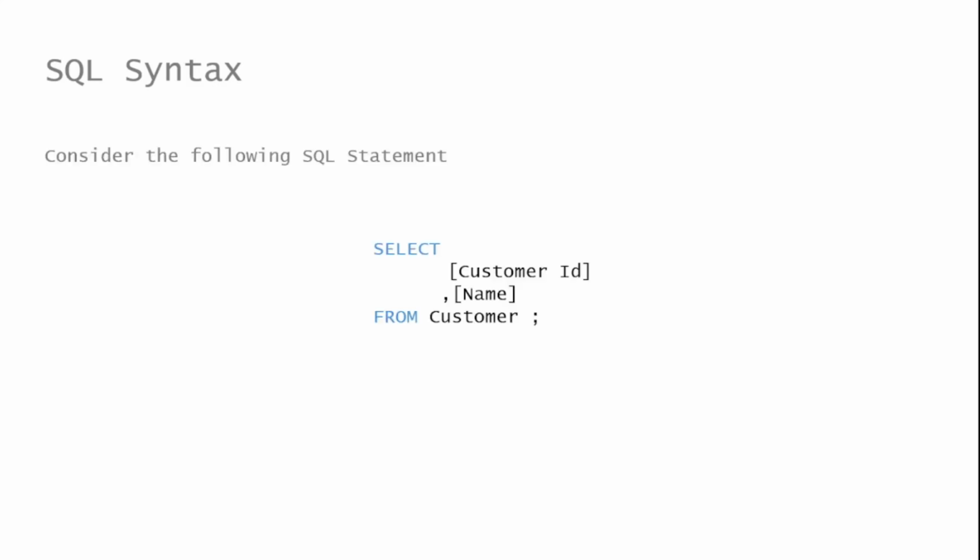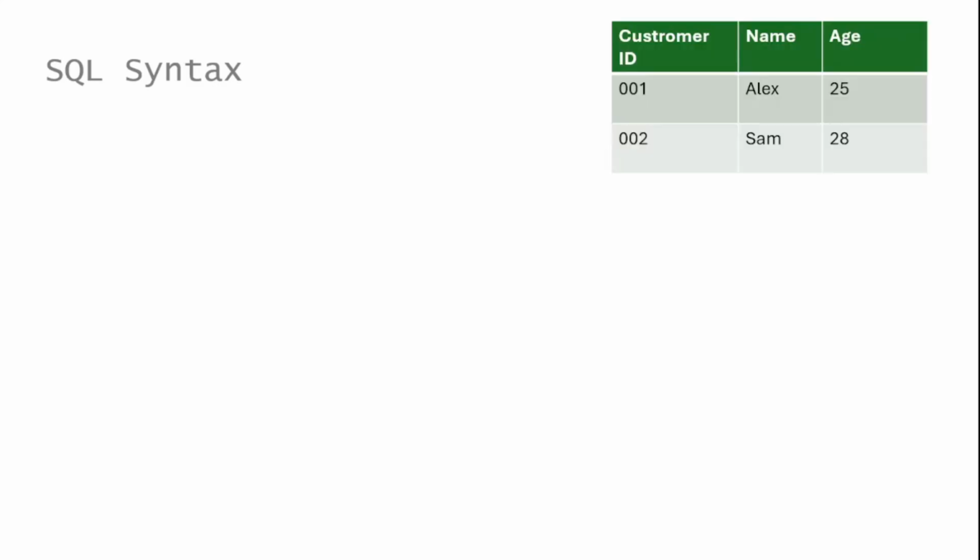So, how do we actually talk to the database and get the information we need? We use something called a SQL statement, and it's basically a command we give to the database. A SQL statement is made up of keywords like select or from, etc., and identifiers, which are things like table names or column names. Suppose we want to see a list of all customers, their names, and ID. Remember, our customer table contains two records in it, Alex and Sam. We'd write a statement like